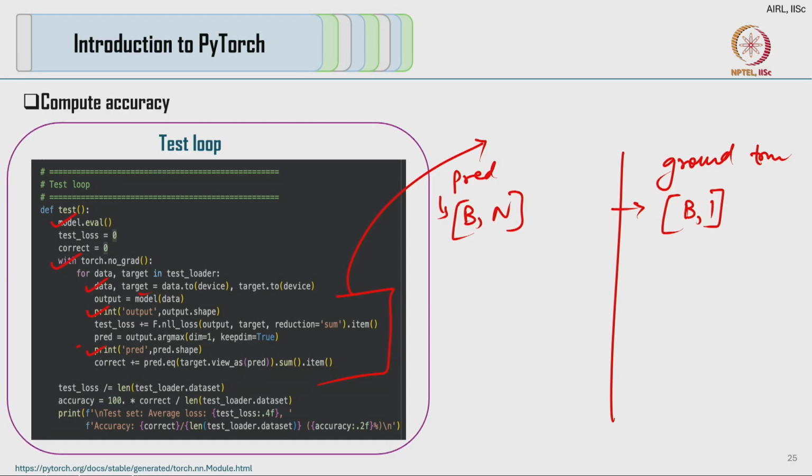Now, when we perform an argmax operation across dimension 1, if we look at prediction, batch size is on axis 0 and n is on axis 1. When we take an argmax across this particular axis, our resultant tensor is batch size comma 1,